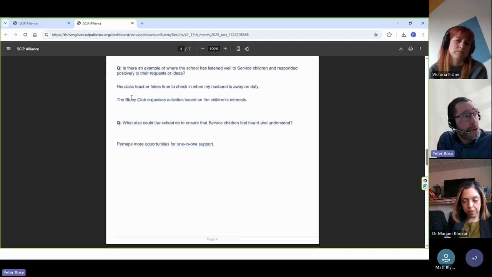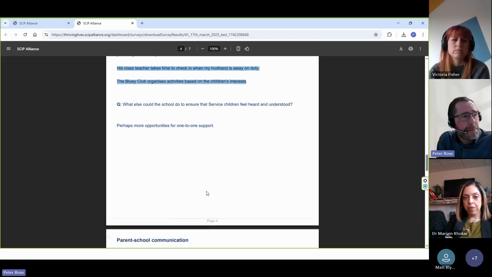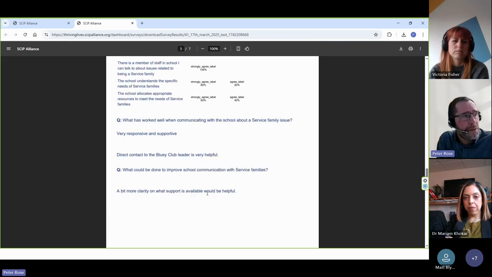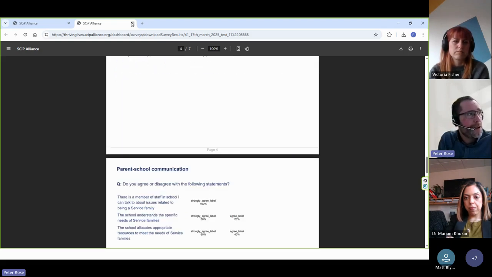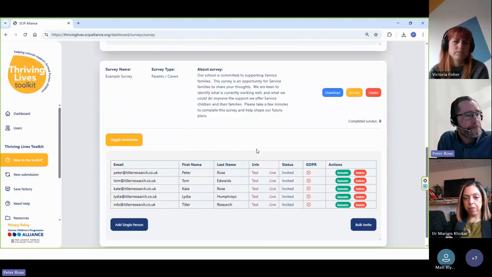The free text boxes are just collated, so you'll just get the verbatim responses there that can then be worked through. So it's a very simple report with some sort of headline analysis to just help with processing.